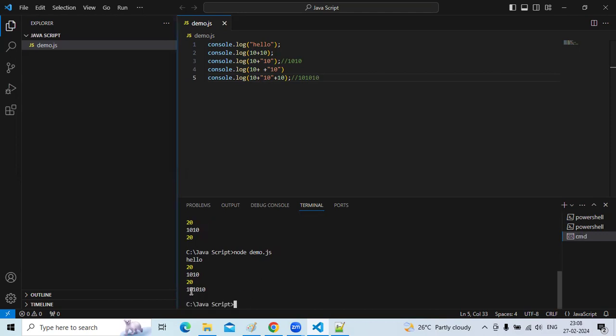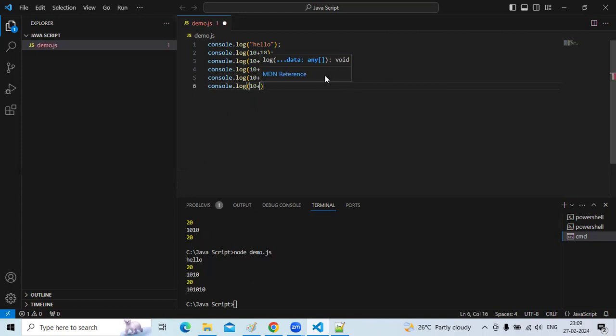See, it is concatenated. Now I am taking again one more example. console.log of 10 plus 10 plus a string. Here I am adding the two numbers.